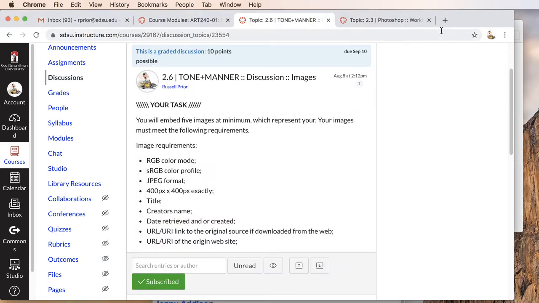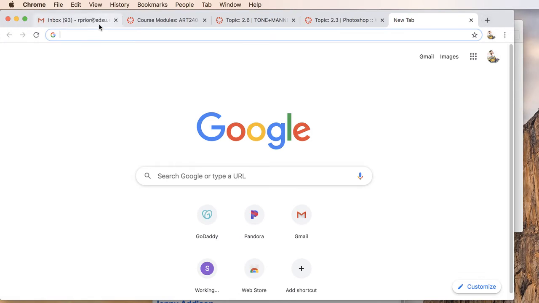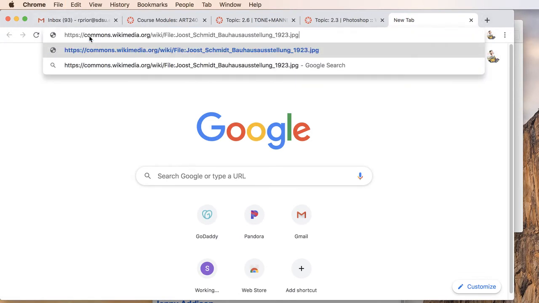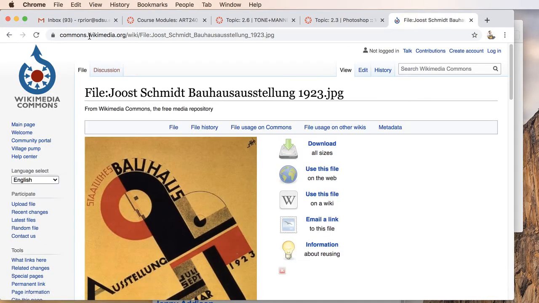And we'll go to Chrome, and I'll paste this in, and you will see that in fact here is the name. We're on Wikipedia Commons, and depending on the site you download your file, and again you're going to have to research the usage rights, but I want you to be very careful with